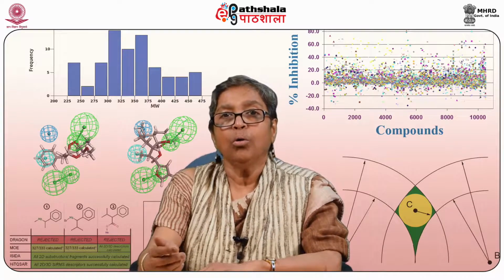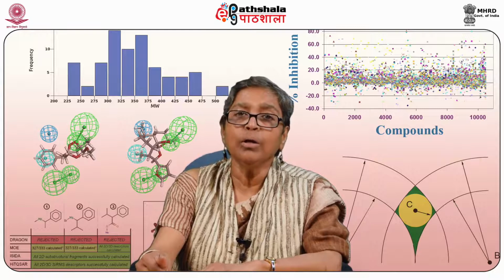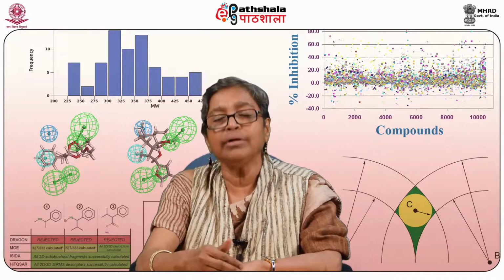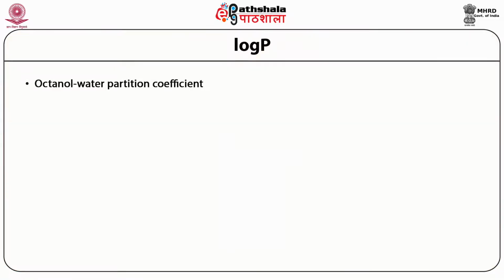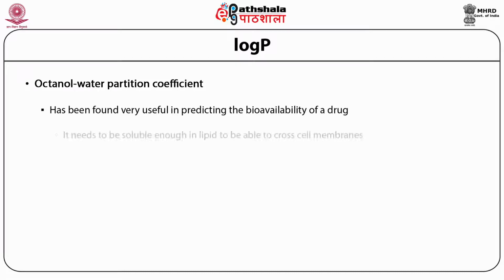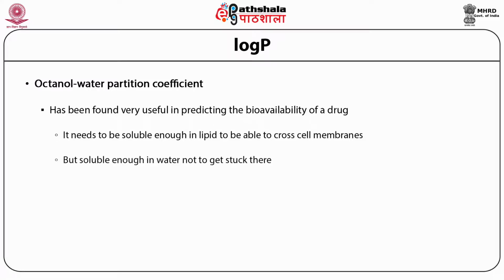Next, we will show you log P, a property of a molecule, and how to predict that using already developed or explained new descriptors. Here I depict one example of the octanol water partition coefficient, called log P, which is very regularly used in the design of compounds. This value has been found very useful for predicting the bioavailability of a drug, how much of the compound should go into the lipid to be able to cross the cell membrane, and how much is soluble. These two can be estimated by log P values.